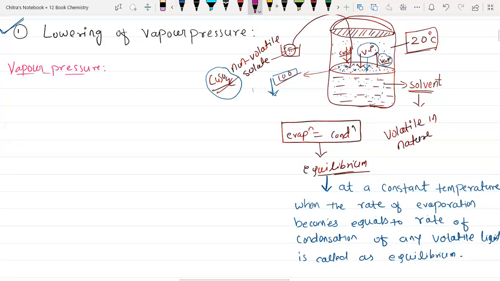Now we have to understand vapor pressure, because vapor pressure depends on equilibrium only. That's why we wrote equilibrium first. Okay, now I am going to write vapor pressure. So the pressure applied by vapors of